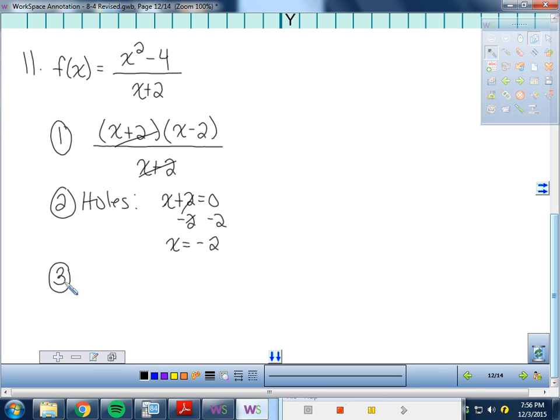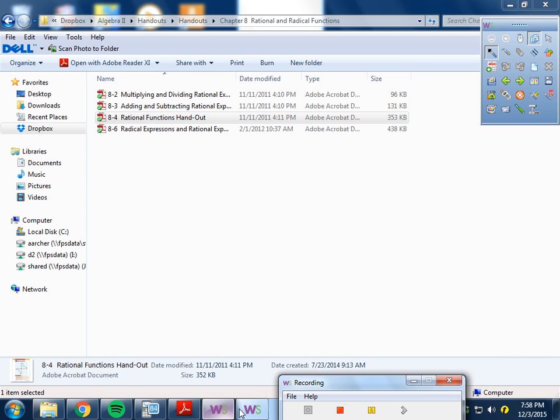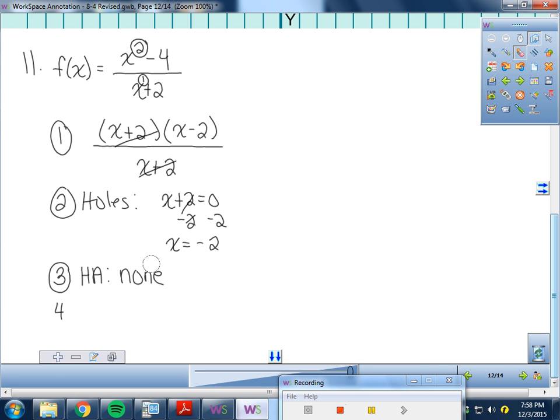Step 3 is that I'm going to look for a horizontal asymptote. So I compare the degrees. I see that the degree of the top was 2, the degree of the bottom was 1. Since the degree is bigger on top than on bottom, you don't have a horizontal asymptote. Step 4, since you have a hole, you don't have a step 4. And I don't think that I wrote that in the thing. Okay, so we don't have an asymptote because we have a hole instead. We don't have a horizontal asymptote, but we can look at